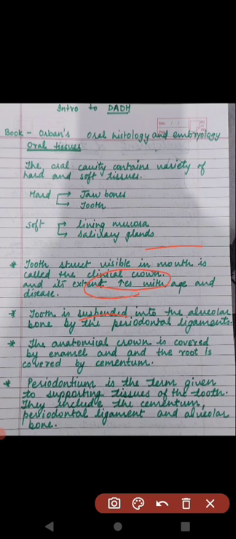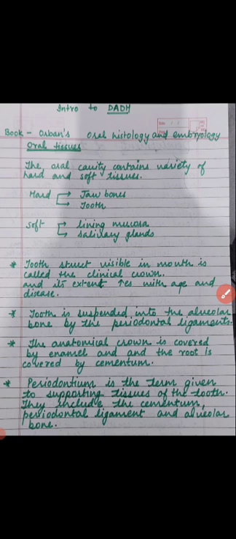So the length of the clinical crown and the anatomical crown can vary in the normal condition as well as in the diseased condition. Now the tooth is suspended in the alveolar bone by the periodontal ligaments. These periodontal ligaments are the fibers. These fibers actually hold the tooth. Now, the anatomical crown is covered by enamel and the root is covered by the cementum. The enamel is the outermost covering of the anatomical crown, and the cementum is the outermost covering of the root. This cementum actually protects the root tissue and also helps to bind the periodontal fibers to the root, which holds up the root or the tooth in its place. And the enamel is a covering which protects the tooth.